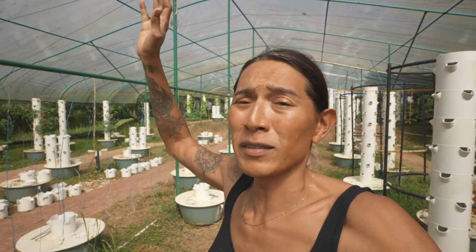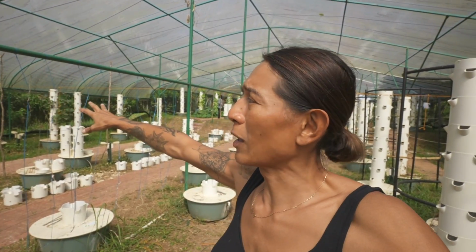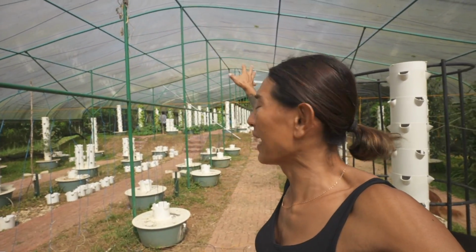Our guess is that we should do this before rainy season hits again, and weirdly enough, this summer has been raining and it has been cooler in the evening, so we don't know when rainy season's really gonna arrive. But today, the team and the other farmers are going to take down the towers, clean them out, store them, remove the roofing, take out all the other crops, try to move some of the crops down to the other system, and over the next few weeks, we are going to flatten this whole area out